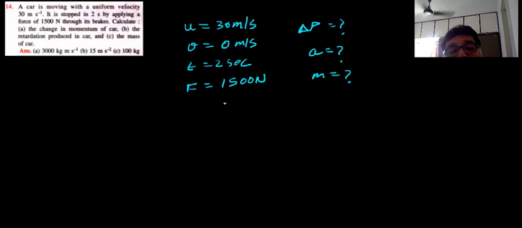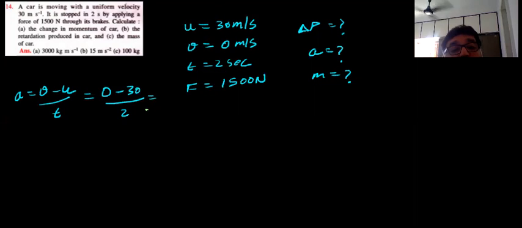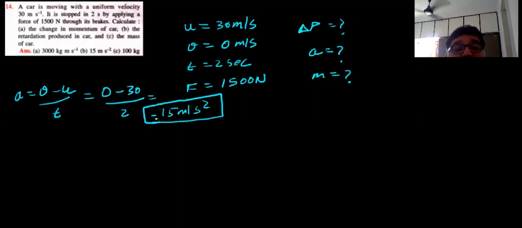Now let's start with the retardation first because it's the simplest thing to find over here. All the data is given to us. So acceleration equals (v minus u) upon t. This is the formula for retardation. Final velocity is 0 minus initial velocity 30, divided by the time period of 2 seconds, which is equal to minus 15 meters per second square. The negative sign over here indicates that it is retardation. So acceleration equals minus 15 meters per second square, or we can say retardation equals 15 meters per